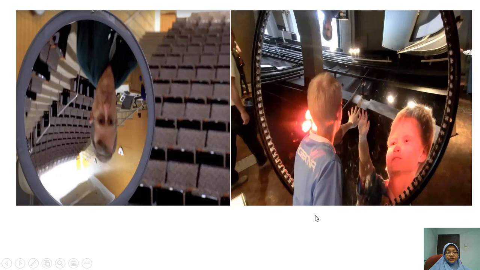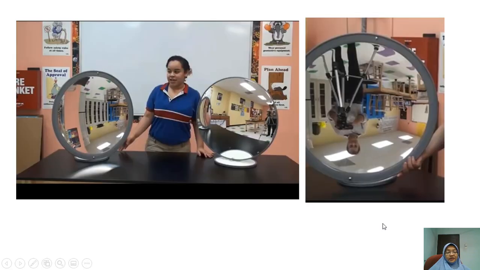Okay, this is another mirror. This is inverted. This is upright. Yeah, we have two different types of image here. So this is upright, smaller. And this one? Upright also. Okay, it means that